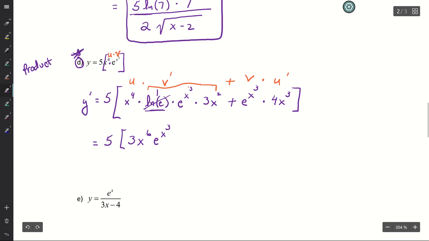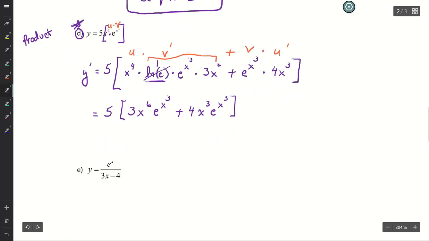On the second piece, I generally write the constant and the x part before the e to the x. So I'm just going to reorder those. So this will be 4x to the third, e^(x^3). Now, the last thing that I want to consider is making sure that everything is completely